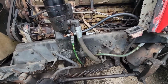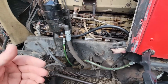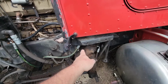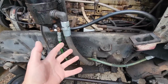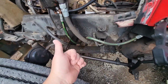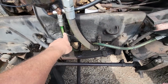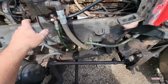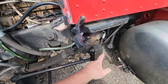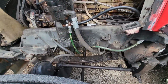So I think the first thing we're going to do is crack open the line that comes from the power steering pump and see if we have the correct pressure line on, because this is a 3-line system. So it's got a pump down there, a suction line, a pressure line, and probably a bypass, I'm guessing. I'm not familiar with this, but as you're going down the road and this thing's making pressure and you don't need it, it has to have a way to bypass. So it's going to have to do it in the pump or in the gearbox, and then go back to the